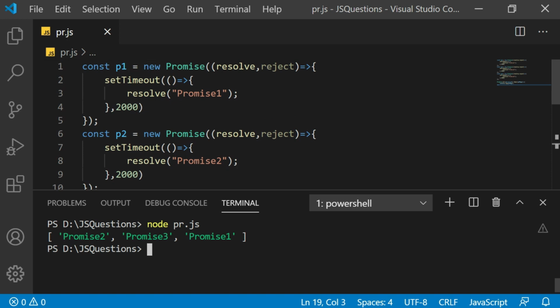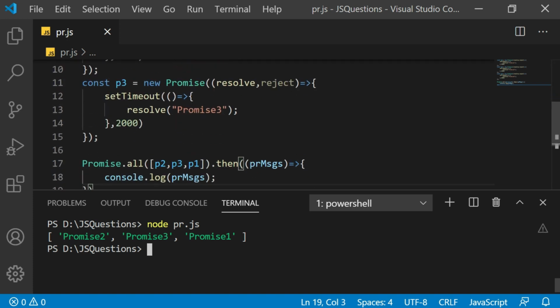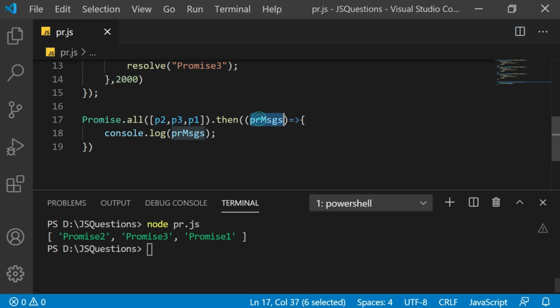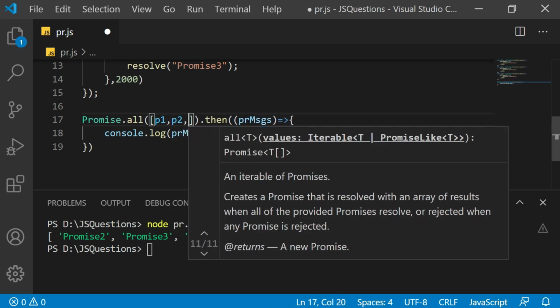It might happen that one promise takes more time than the others, but the sequence of the messages will follow the sequence you have mentioned in the iterable. Now let's make it P1, P2 again.